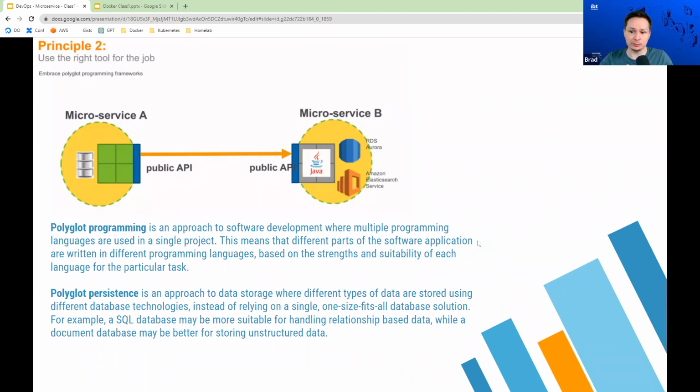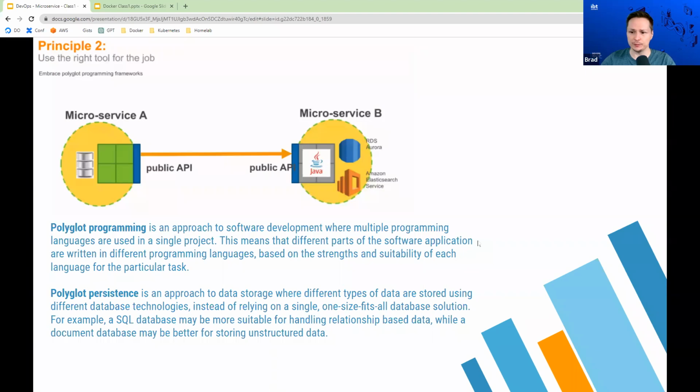Now, polyglot persistence is the same thing, but we're using that for our data stores, right? So polyglot persistence is an approach to data storage where different types of data are stored using different database technologies instead of relying on a single one-size-fits-all database solution.